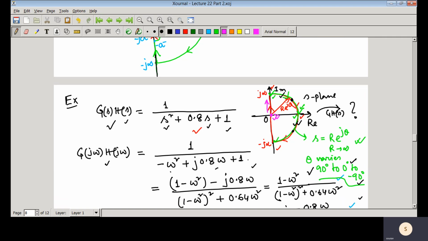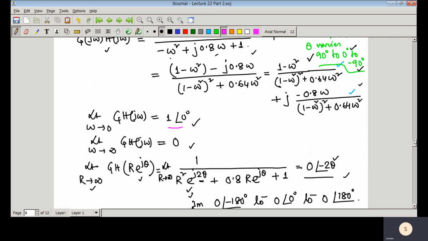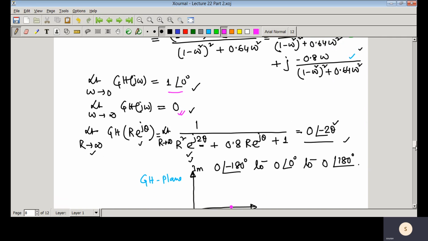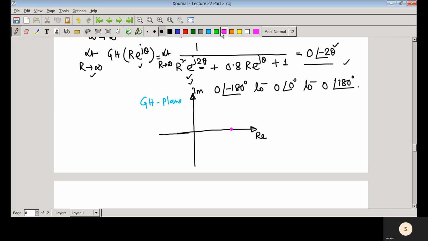When you are increasing omega, finally you get omega tending to infinity. When omega is tending to infinity, you have seen that the value is 0. Now the point is, you may come to this 0 value like this, or like that, or like this. There are many possibilities. You do not know how it would be coming to that 0 point, so that thing we need to analyze, that is, how this particular map will get here.